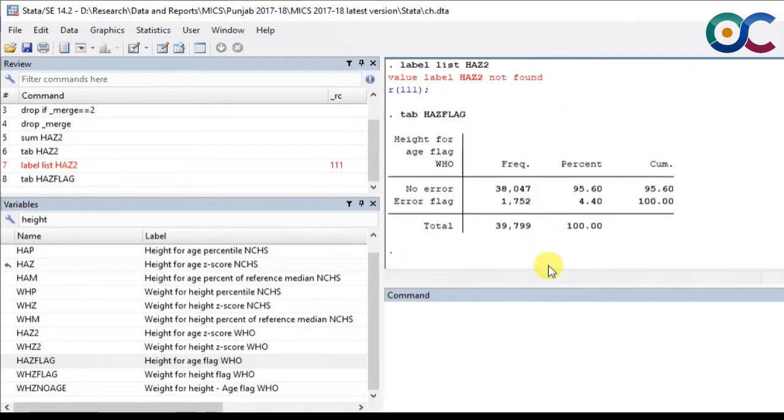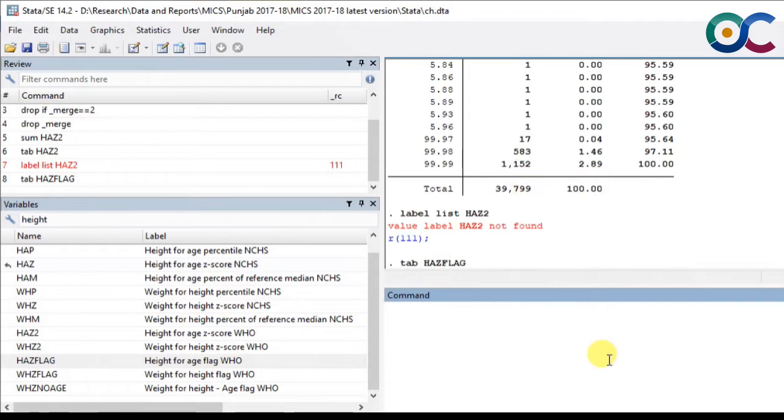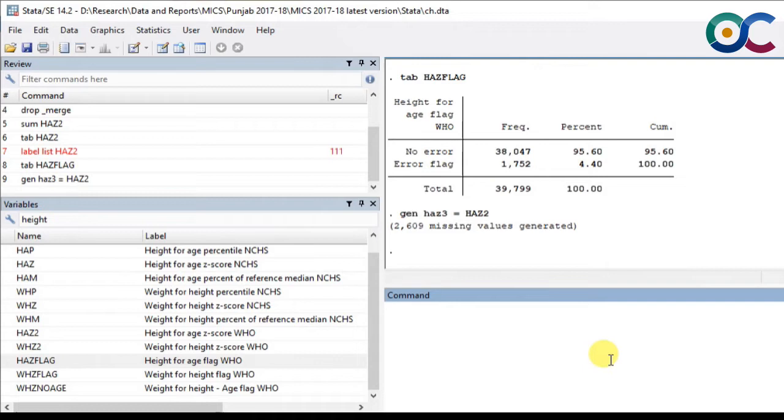So what do we need? Now we need to drop all these variables, all these values that are incorrect, right? So we have a clean HAZ2 variable. I could call it gen height for age z score 3, okay, and I am calling it HAZ2. Right, so I have this new variable, and I can replace HAZ3